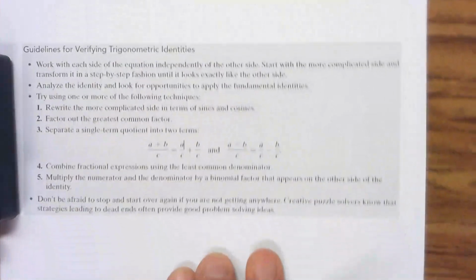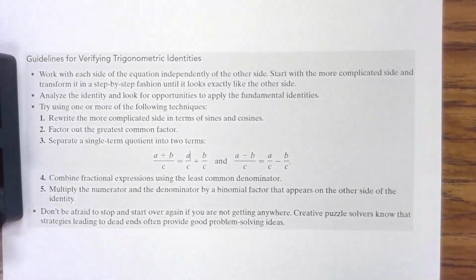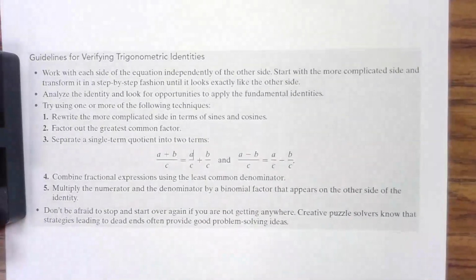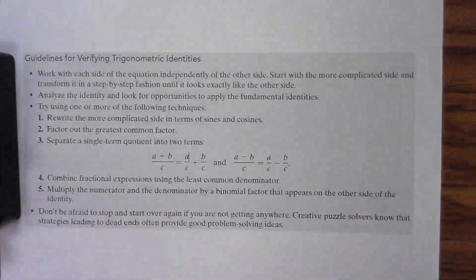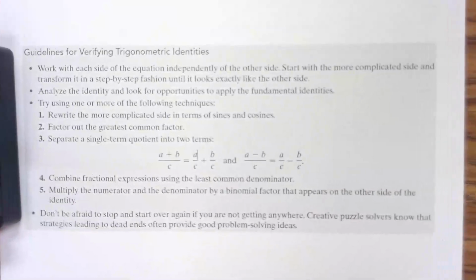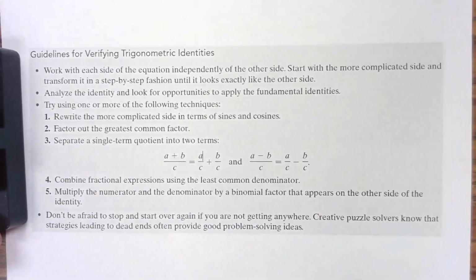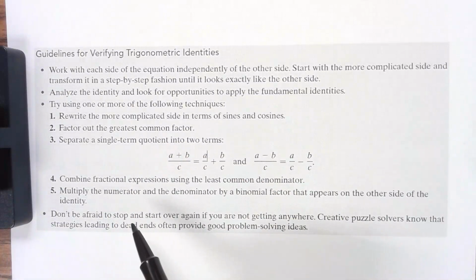Okay, so right here, and I'll leave this up on the board for anybody that wants it, if you want to add this in your notes, fine, but this is just a summary as to how we can attack these identities. How can we get started with them? And what are some steps we can take to ultimately prove these identities? Okay, so read through this as you're working on the homework. Refer to this. I'll leave it up on the board. If you want to add it into your notes, add it into your notes. The very last thing that I'll say,